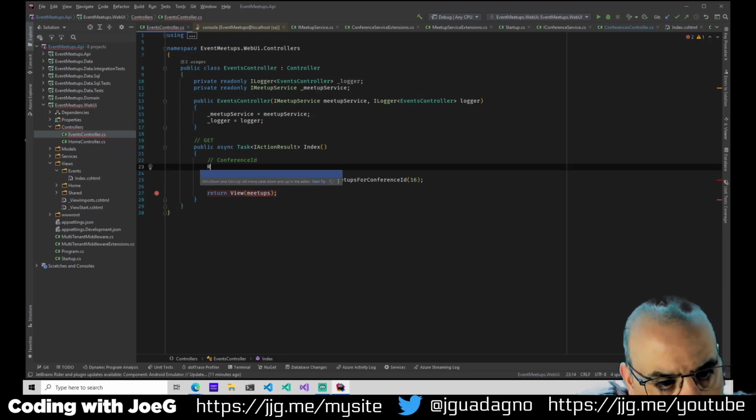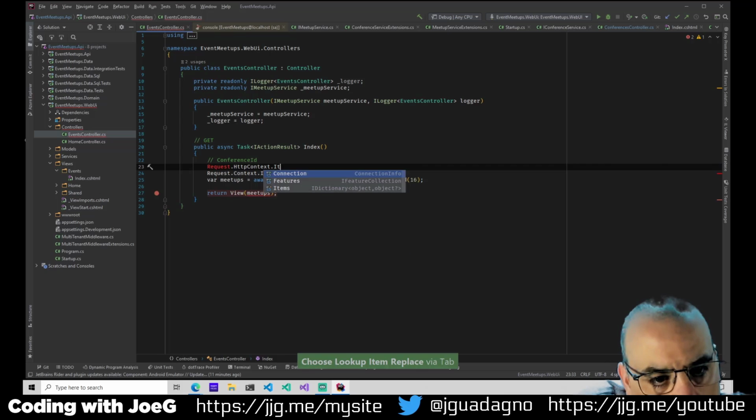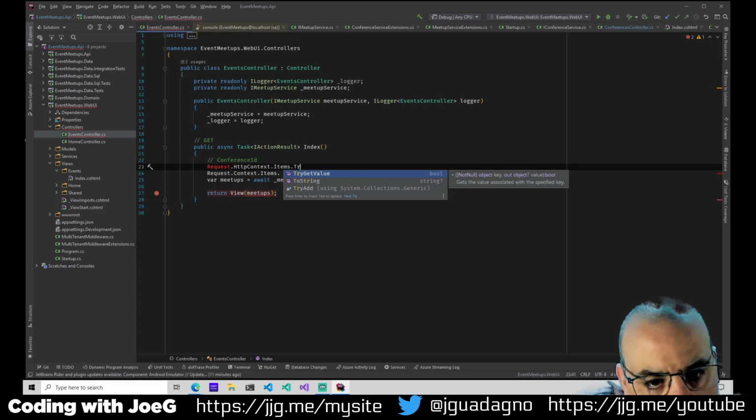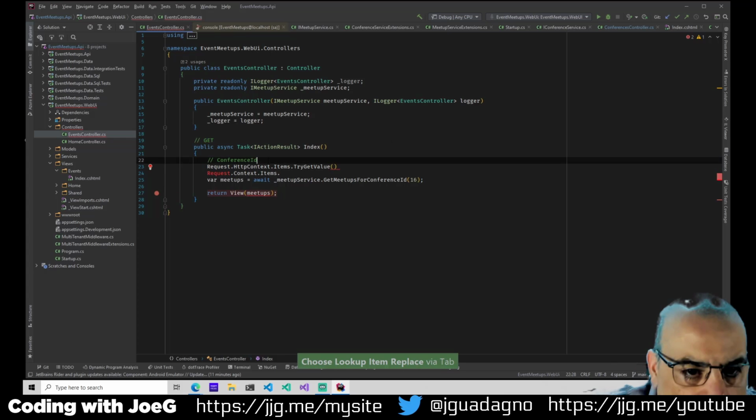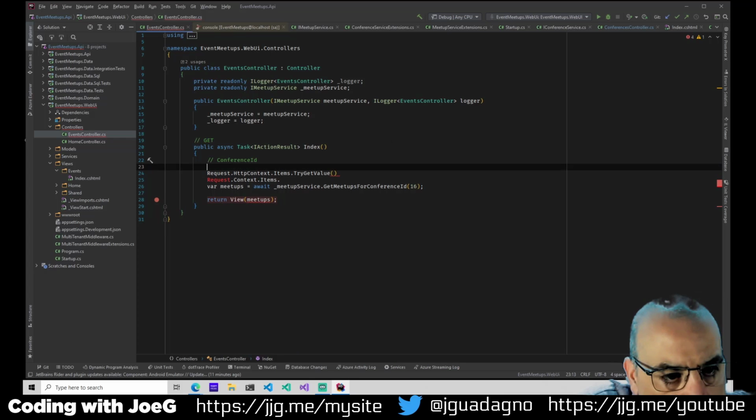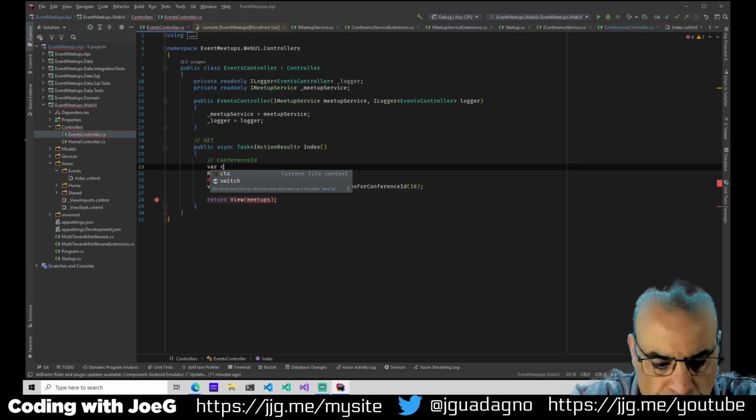I'm pretty sure it was request. Request dot, oh, it's HttpContext dot Items dot, and I can do the keys, or I can do TryGetValue and parse it. So I'm going to go with TryGetValue for now. And we'll probably replace this with a better way of getting it. But for now,